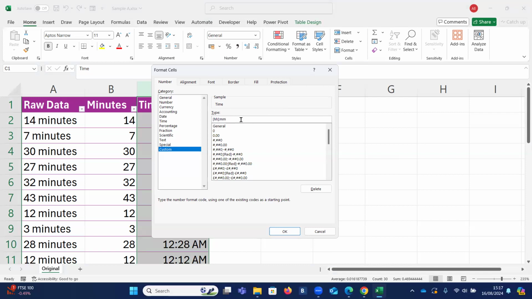Because what that will do is it will cater for the idea that sometimes the number of hours will go over 24. And when you're summing time it's always wise to put square brackets around those H's, not necessarily the minutes, just the H's, because as soon as Excel hits midnight,